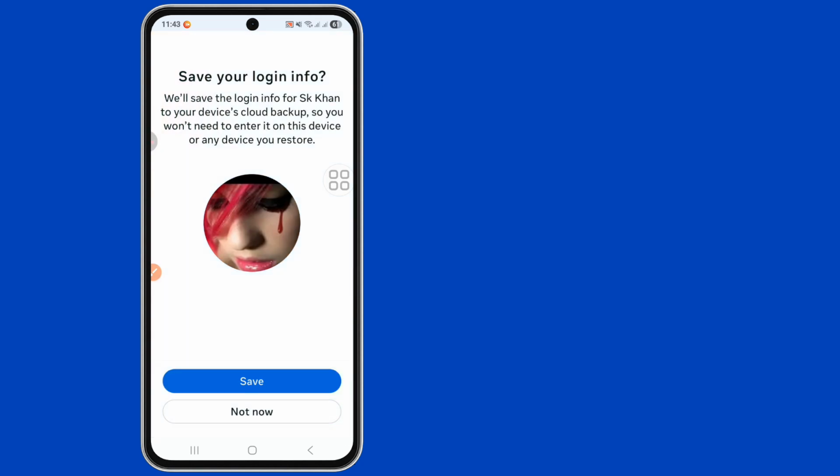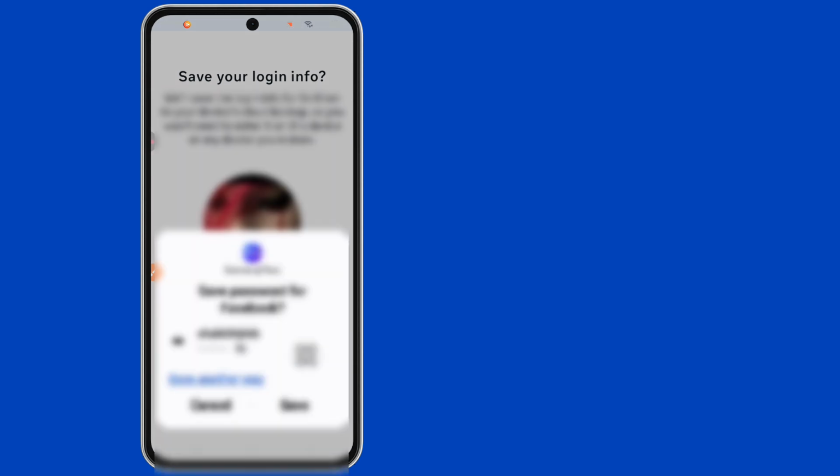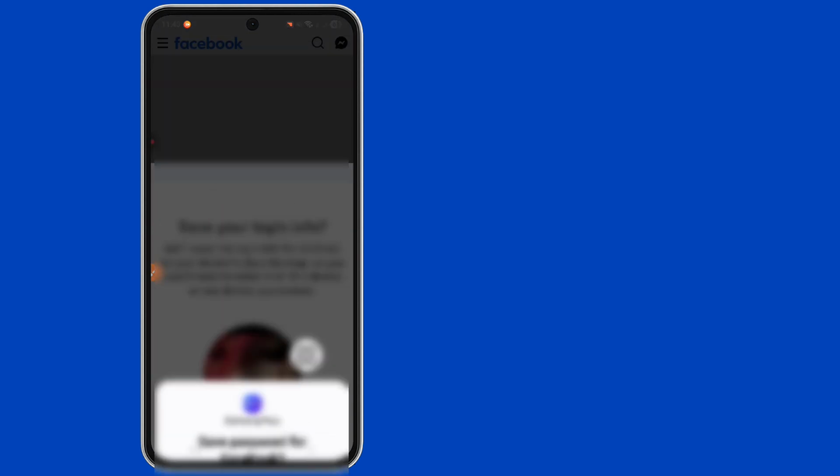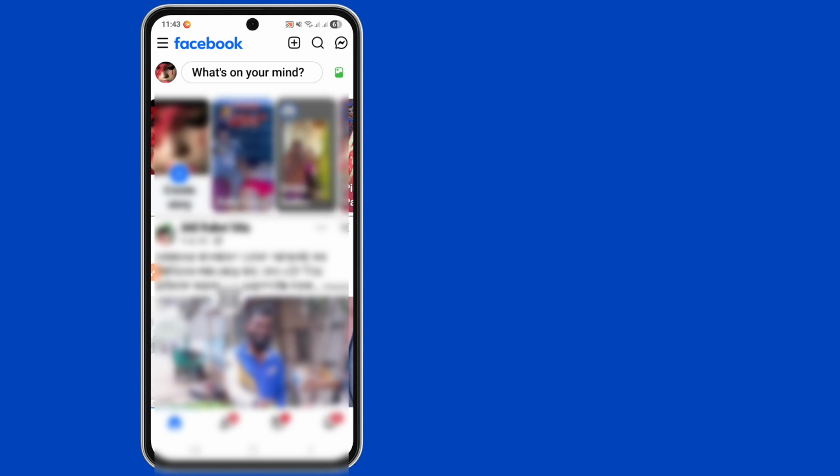Now tap on the mobile number or email and create password. And now tap on the login. Loading, waiting a few minutes, and now tap on the save or not now. See,